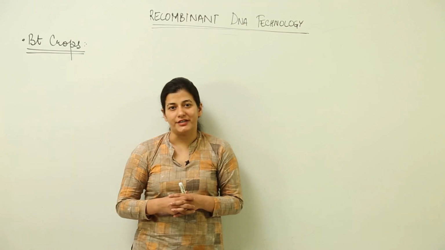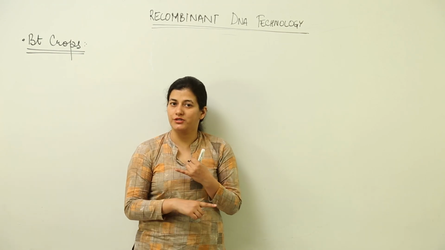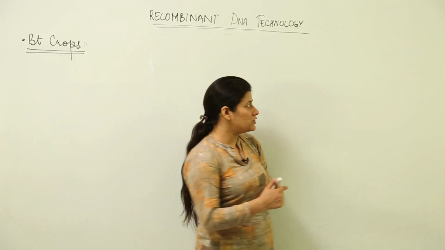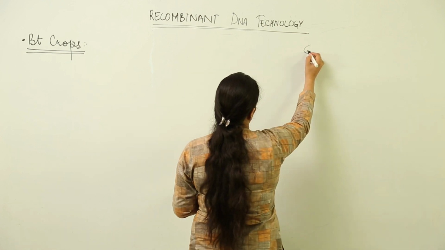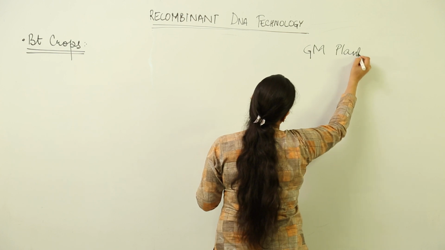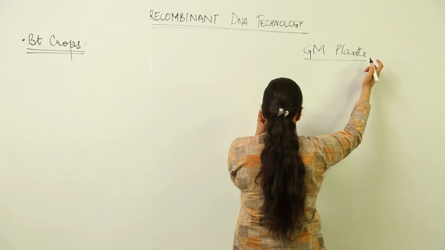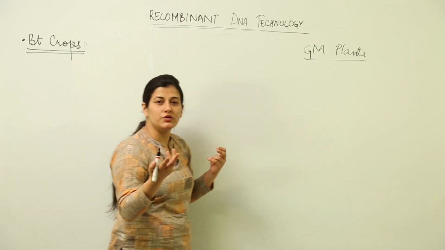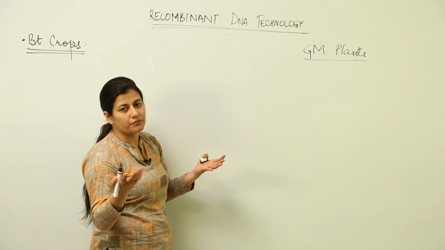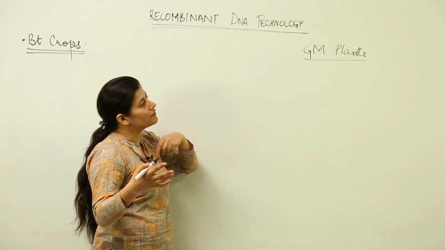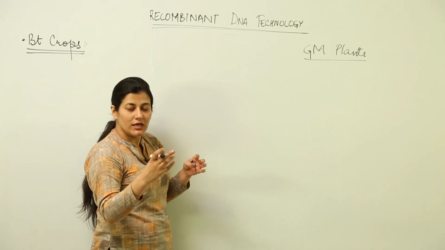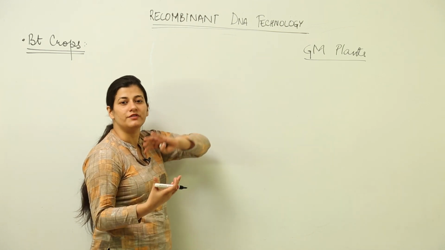Under genetically modified organisms, we had genetically modified plants and genetically modified animals. Now, in GM plants, we are going to deal with GM crops. What would GM crops be? They increase the crop produce, in order to achieve a better yield so that the farmer is in good economic condition, and whatever shortcomings we have in the field are overcome. We have genetically modified crops.